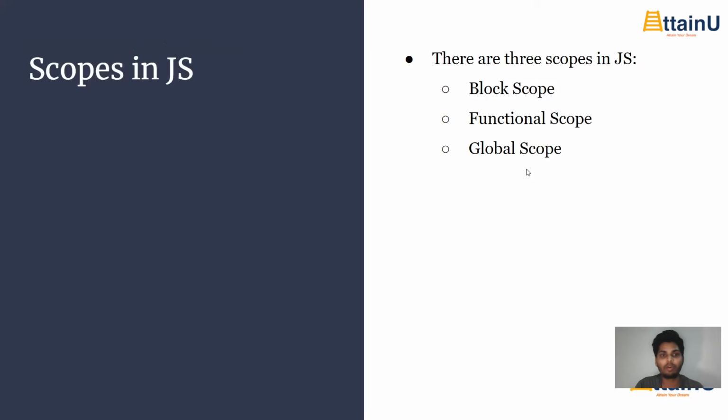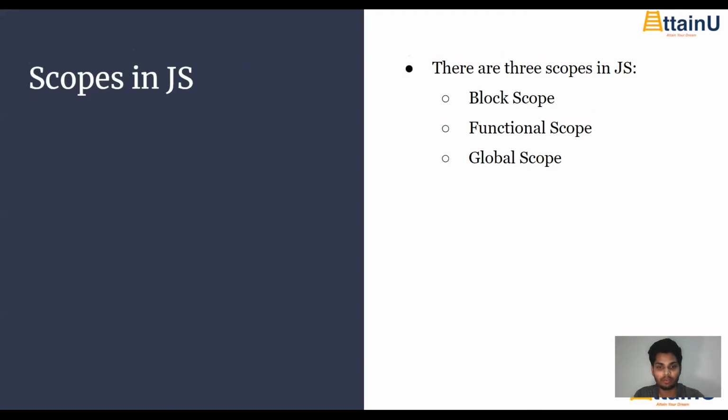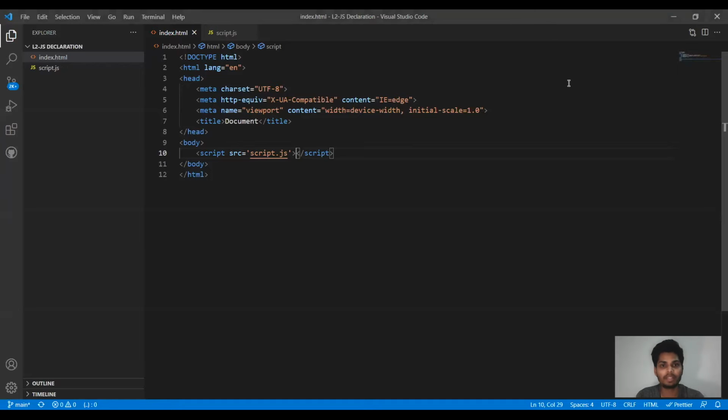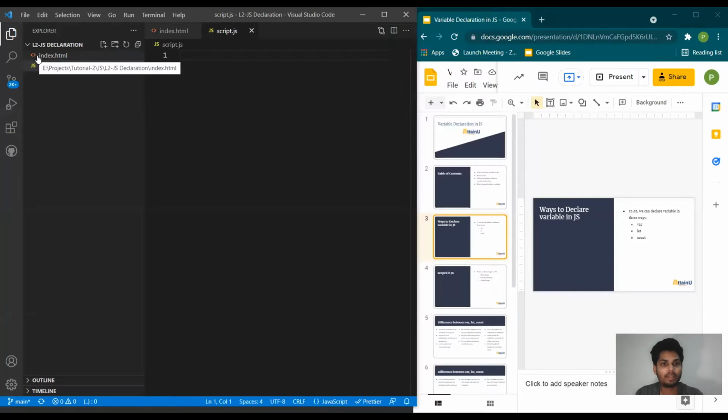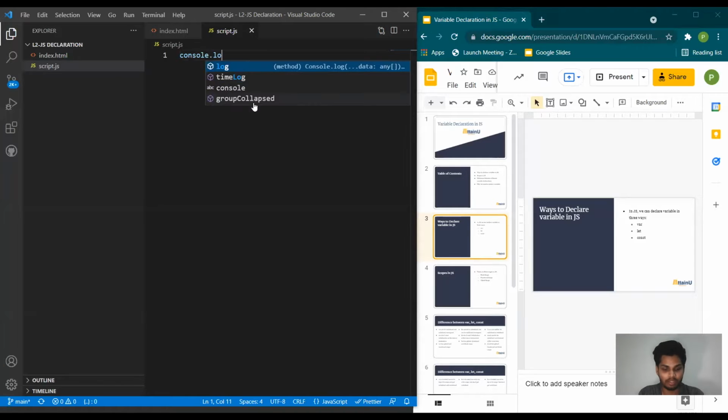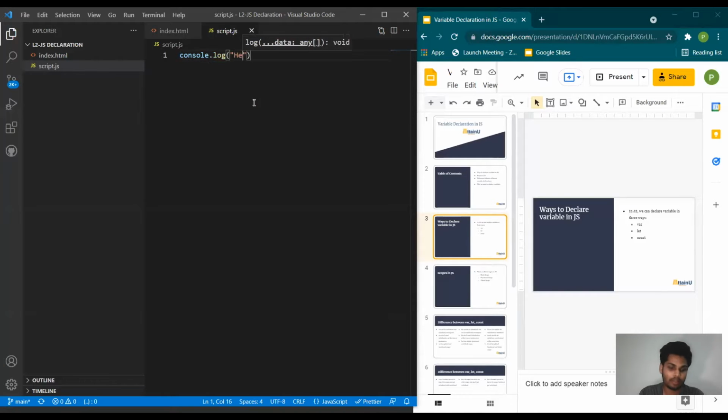So before moving forward, before talking about scopes, let's go back to our JavaScript in VS Code and talk about it a bit. Let me open my VS Code. I have a basic boilerplate code setup here. I have a script which is linked as my script.js and I'm going to write my code in here. Now, for the initials, let's write a console.log, which is our print statement, and see if our code is linked or not.